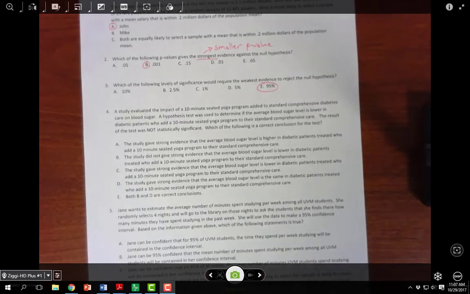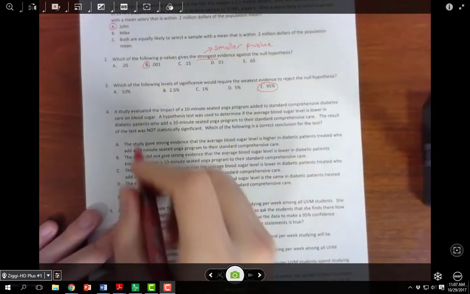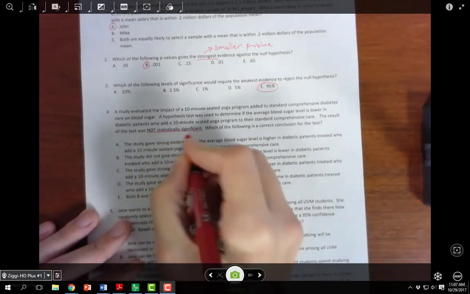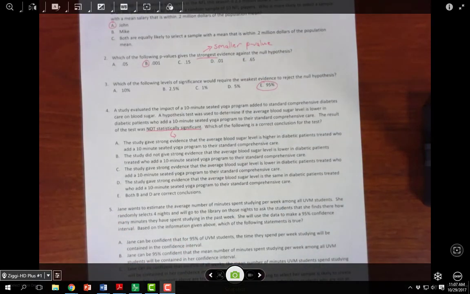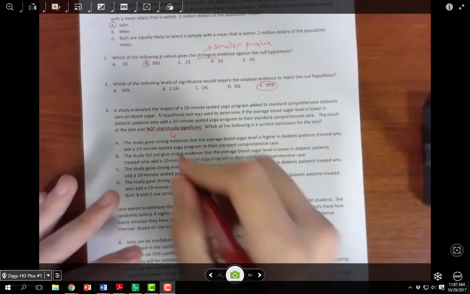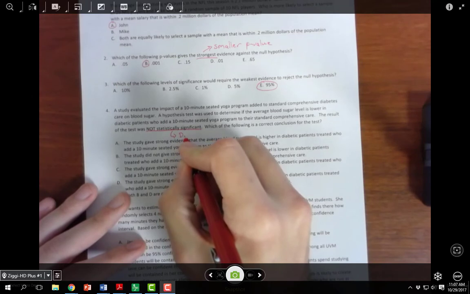Question 4 says, a study evaluated the impact of a 10-minute seated yoga program added to standard comprehensive diabetes care on blood sugar. A hypothesis test was used to determine if the average blood sugar is lower in diabetic patients who had a 10-minute seated yoga program added to their standard comprehensive care. The result of the test was not statistically significant. So you want to remember that what it means to be not statistically significant is that the difference between what we saw in our sample and what we expect to see in our null hypothesis wasn't all that different. So what they saw could happen if the null hypothesis was true. So this tells us that they did not